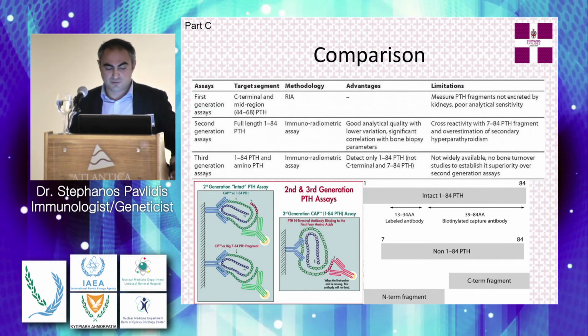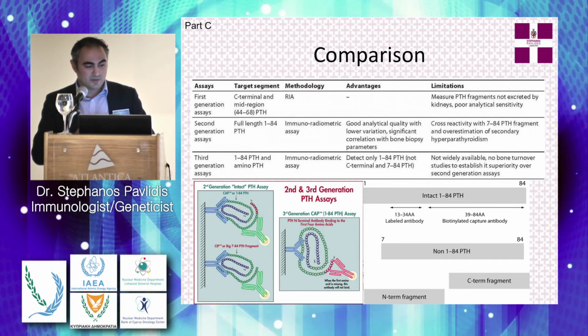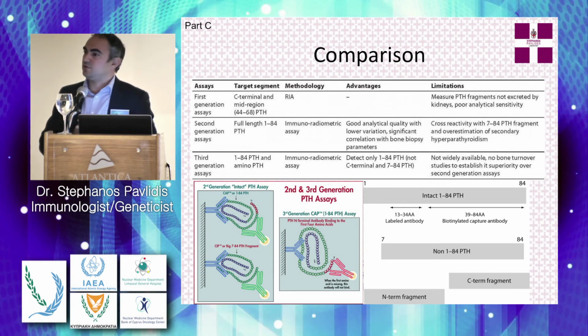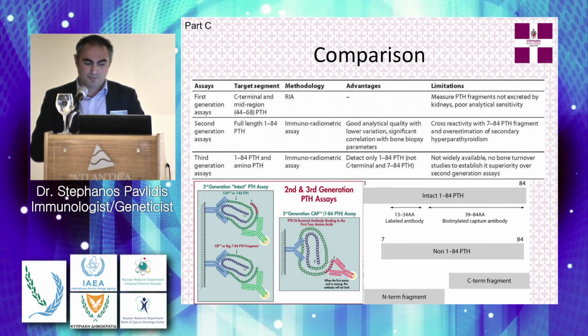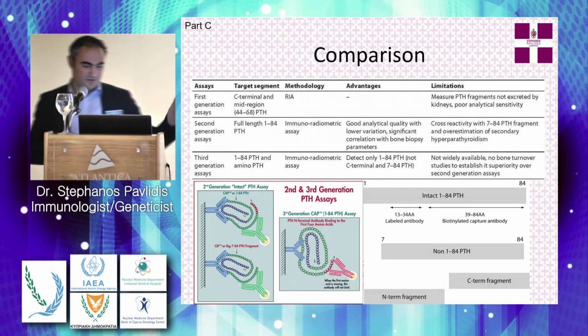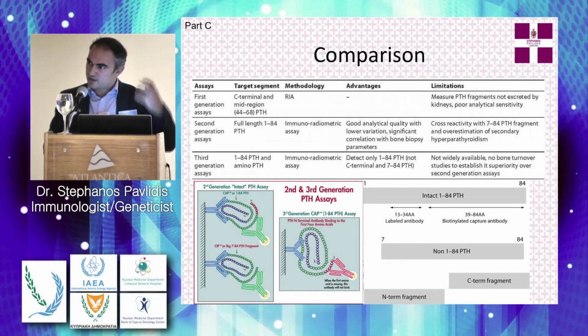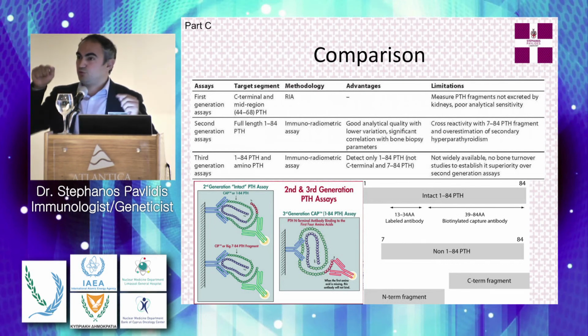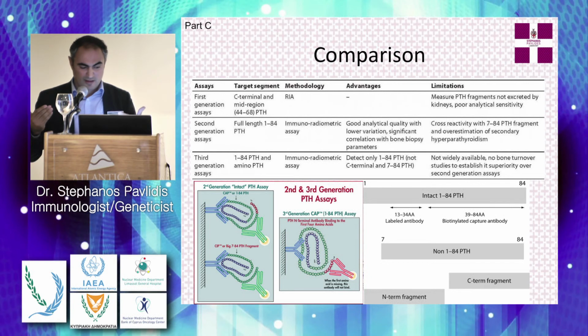So in the comparison, I would especially like to point out the difference between the second and third generation PTH assays. As you can see on the right of the slide, we have the second generation structure of the antibody and the PTH hormone, where basically the antibody recognizes the fragment 1 to 84 amino acids. However,